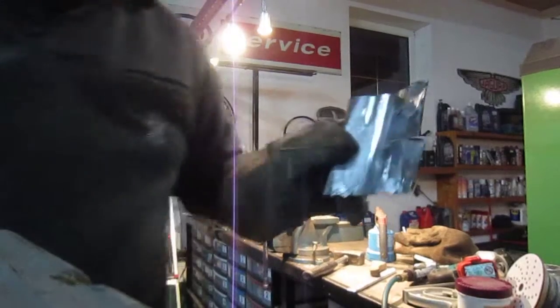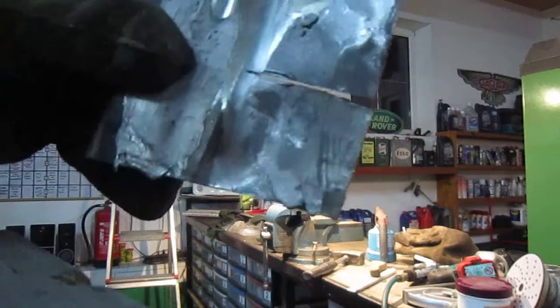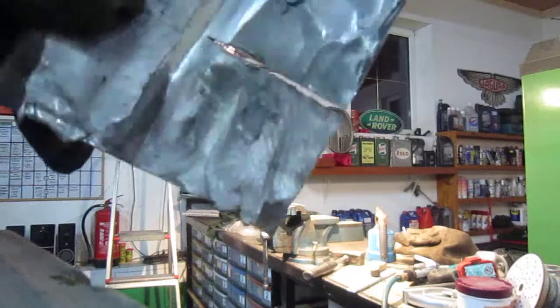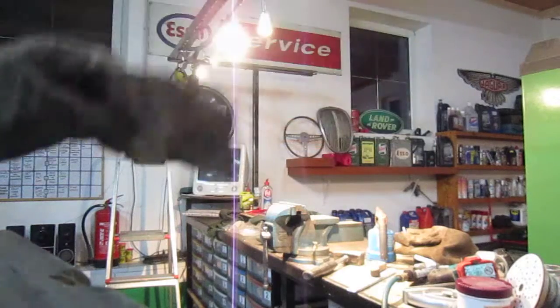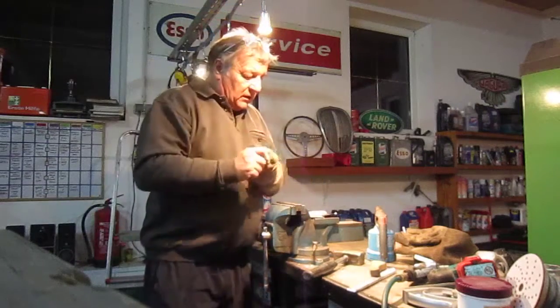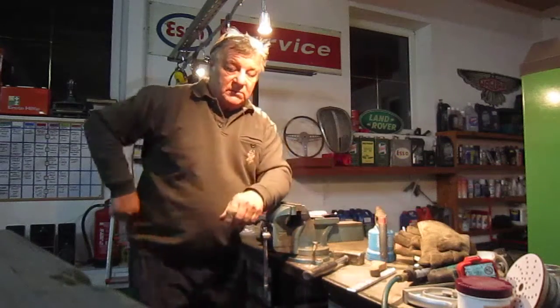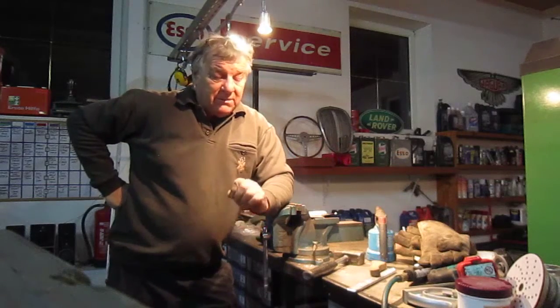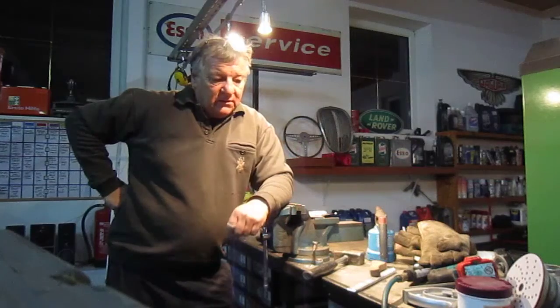Yeah, and I gave that. There's no way you're going to whack it that hard, but you can see there that there's hardly any impression in it. Yeah. So it works well, this stuff. There is a bit of an art to it. I definitely think it's more craftsmanship than putting in filler. And if you put in filler, it should be a very light skim anyway. If you're putting in 1 or 2